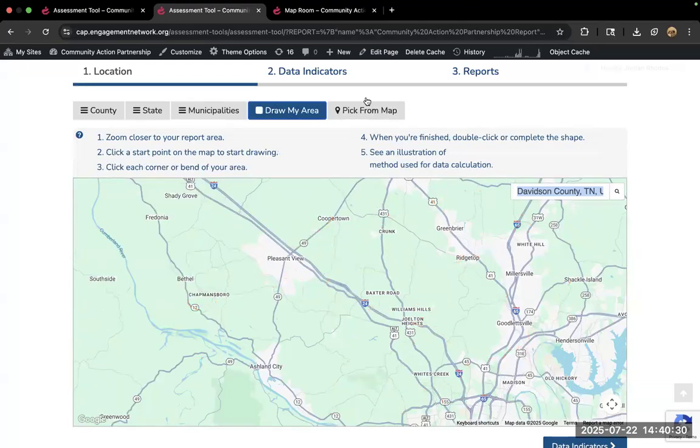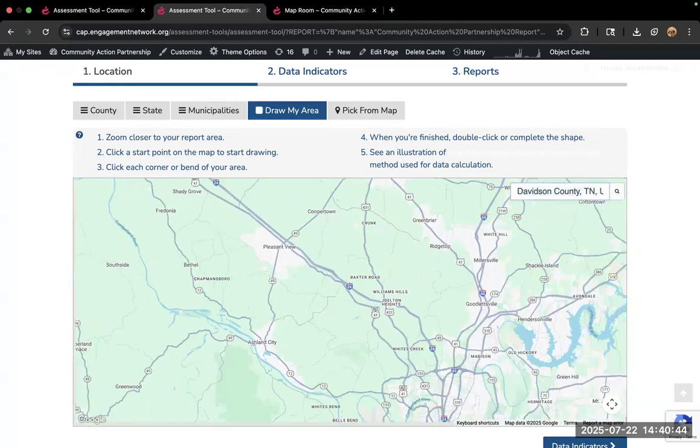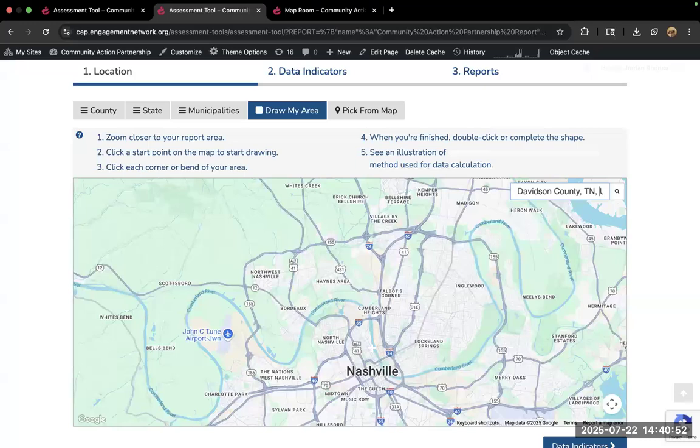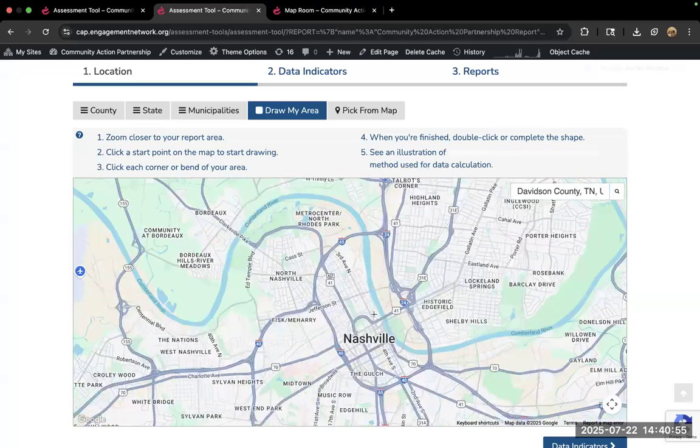And so that tool is right here beside Pick from Map, and it's going to look and feel very, very similar. So for this, again, you're going to be prompted to enter a location. If you had already entered a location while using the Pick from Map, it is going to be auto-entered for you. And so we'll stay over here. And this time, let's go into the belly of the beast here.